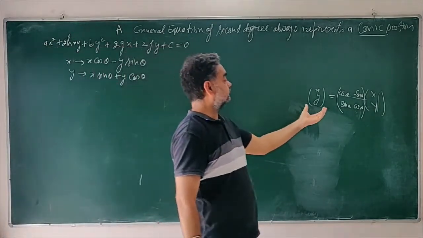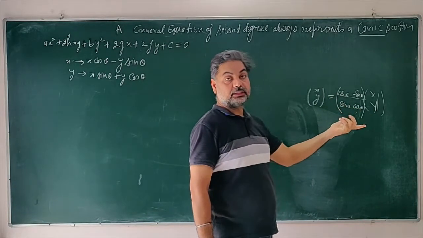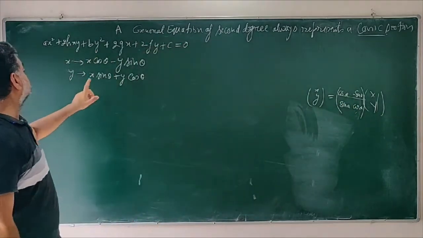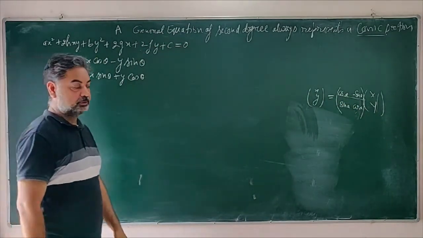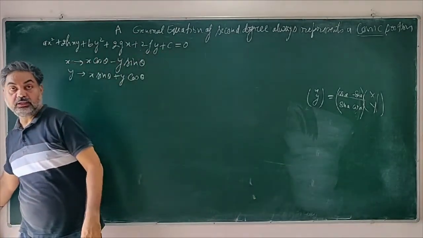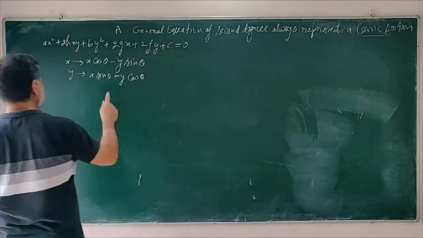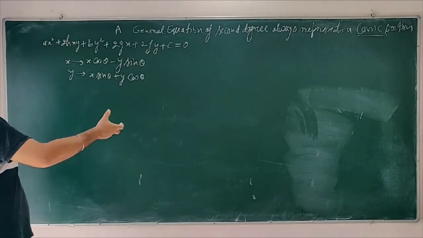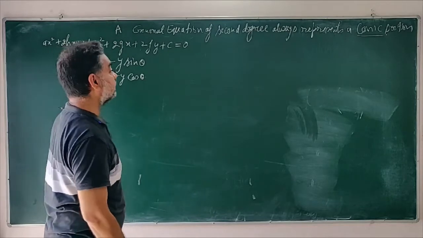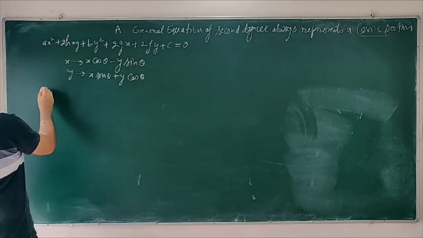So this is how, when the axes are rotated in the anti-clockwise direction by an angle theta, x is replaced by this expression and y is replaced by this expression. If you replace x by this and y by this, that means we have rotated the coordinate axis by an angle theta in the anti-clockwise direction. Then this equation will become this: